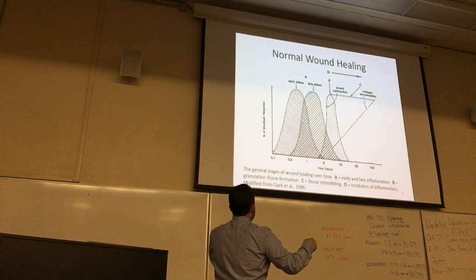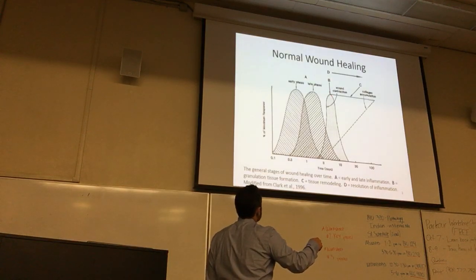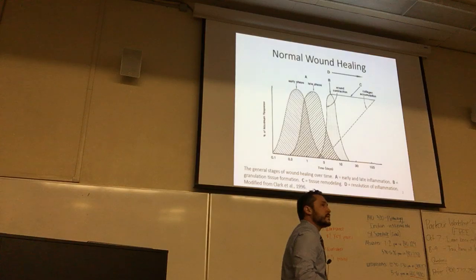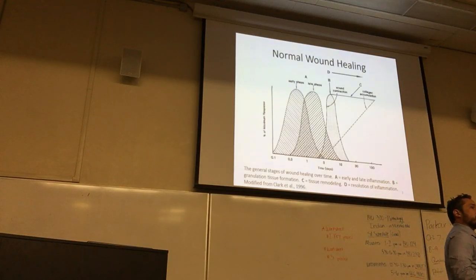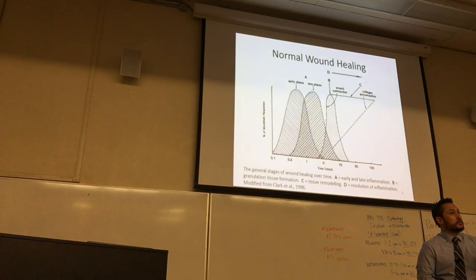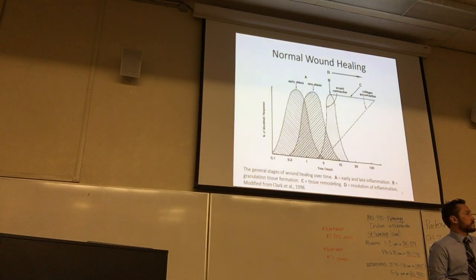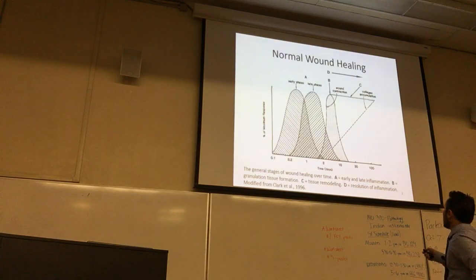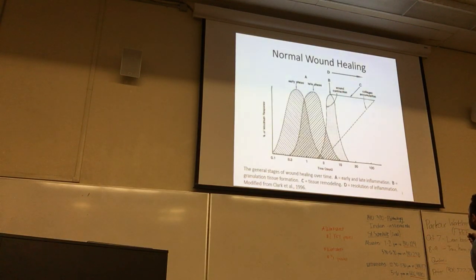Then, at this point, you move into this phase known as collagen accumulation or tissue remodeling. Well, the fibroblasts are the cell type that manufacture the collagen. So you have to bring them in first before they can make the collagen. They come in during granulation tissue. They stick around after granulation tissue and they start cranking out new extracellular matrix, such as collagen. And this collagen accumulation remodels that tissue bed.